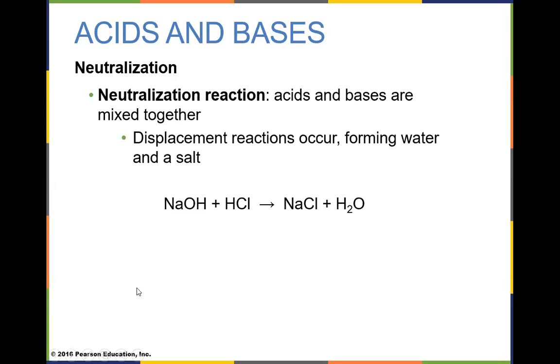Now, we don't usually have sodium hydroxide in our body, but we do have hydrochloric acid. And so we have to neutralize that. What we do to neutralize the hydrochloric acid is usually something like sodium bicarbonate, but we have our own version of baking soda in our bodies. And what we will generally do is break the hydrochloric acid, neutralize it down to a weaker acid.